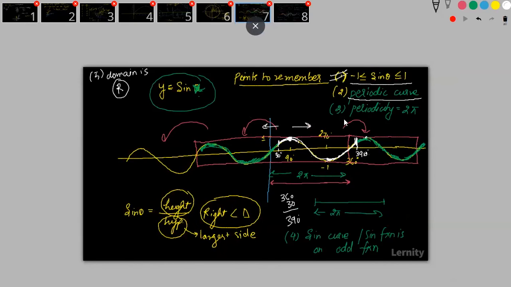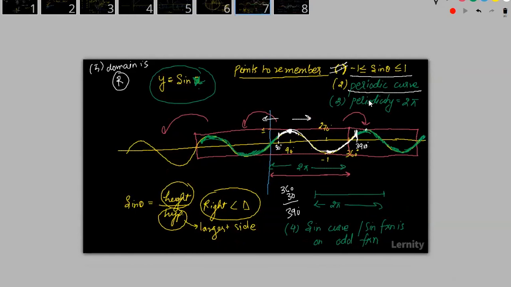Fine. Okay, next is periodicity. We will have to find what is the periodicity of sine. So periodicity means we will start from here, and when we get the same value again, that means it is happening after every 360 degrees. So the periodicity of the sine curve is 2 pi. After you have moved 2 pi angle, the sine will give you exactly the same value. Understood?